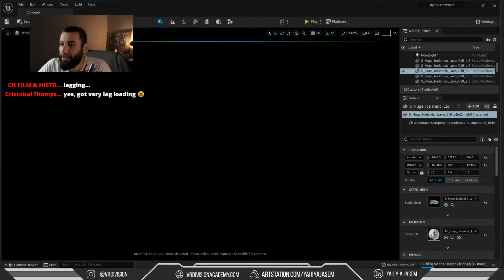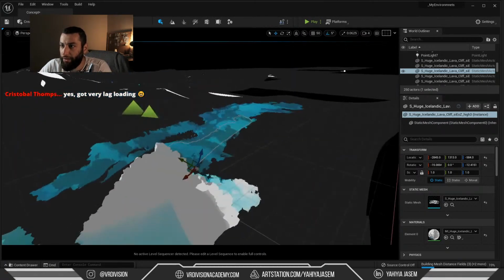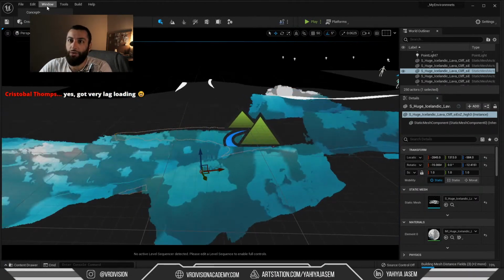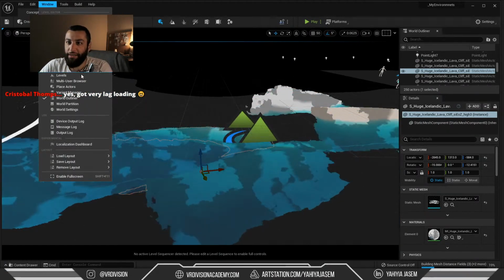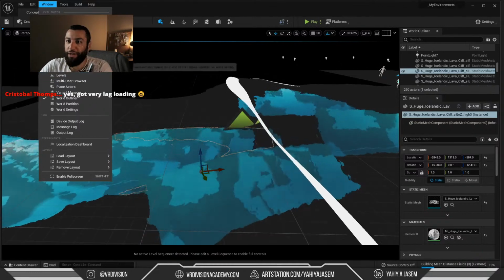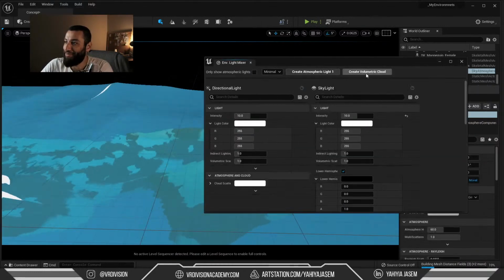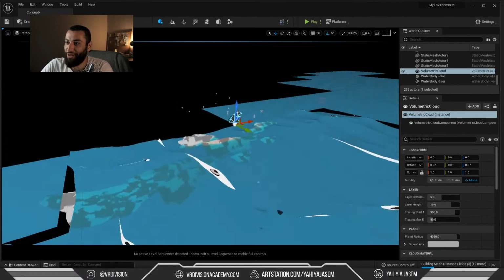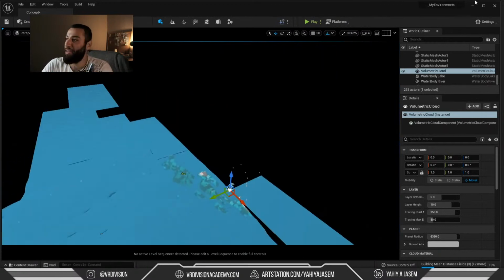Oh no, wait. These are some... can't see anything. So if we bring some light real quick, I know this is out of today's topic, but I'm very curious. I want to show you these Nanite meshes. It's gone. But